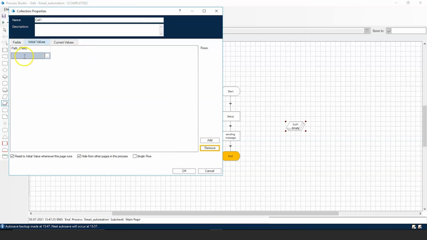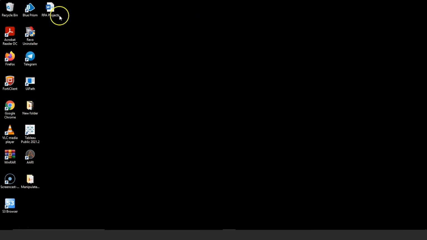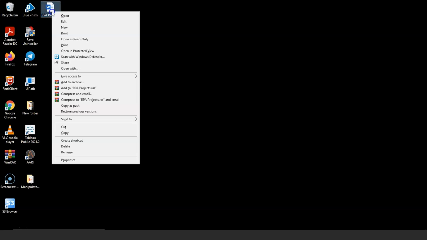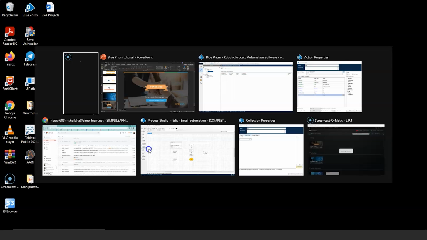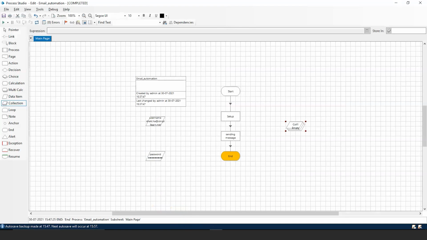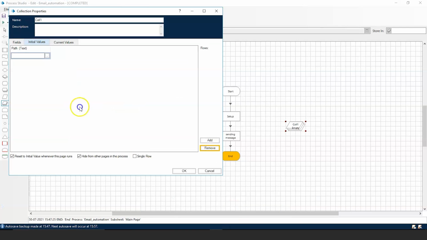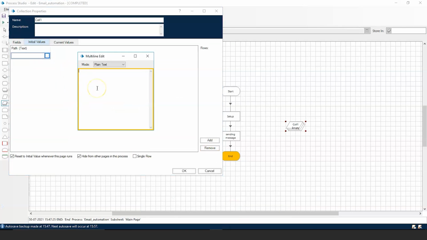So you need to provide the file path here. So we'll go to the desktop. So I have this article on desktop. So I'll attach this article in the email. So select this article, shift and right click and copy as path. Copy this path, go back to Blue Prism, and provide the path here. Remove the double quotes